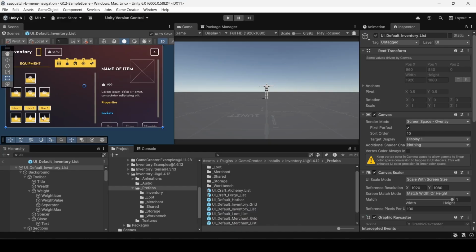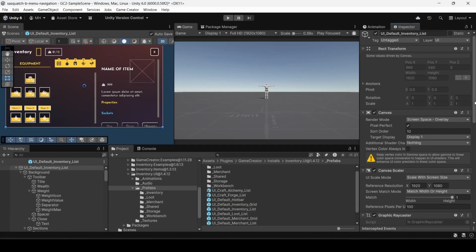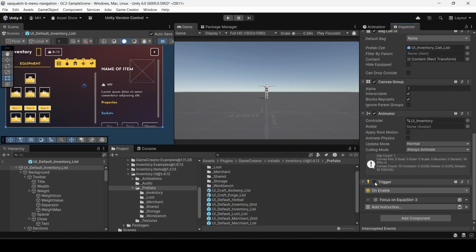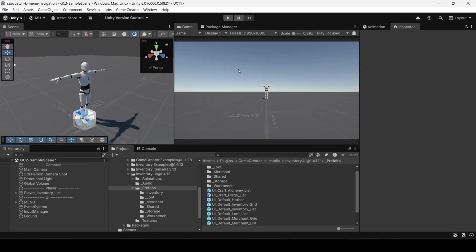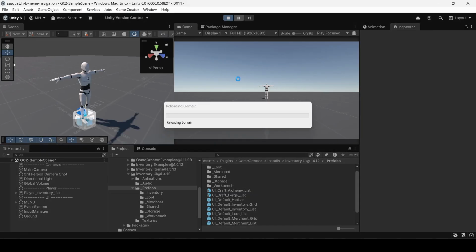I'm not sure why those aren't showing up, but if we go into just the top level here and add a trigger, I'm going to add an on enable trigger to say focus on equip slot 3. So we're going to say focus on equip slot 0 and then close the prefab and see